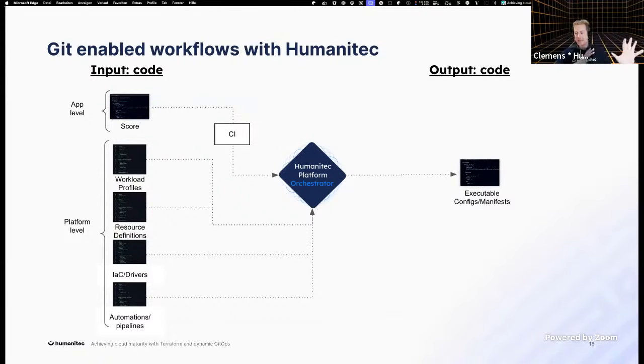And if you have all that, this is what you can really easily do. You can have a Git enabled workflow. So the orchestrator can very easily take this Score file, which describes what should be built out from CI, accordingly also with the description of which image should be deployed. On the platform level, it ingests a whole lot of configuration as well, generates the result and outputs code. So put that into wherever. And wherever in this case could be directly a Kubernetes cluster.